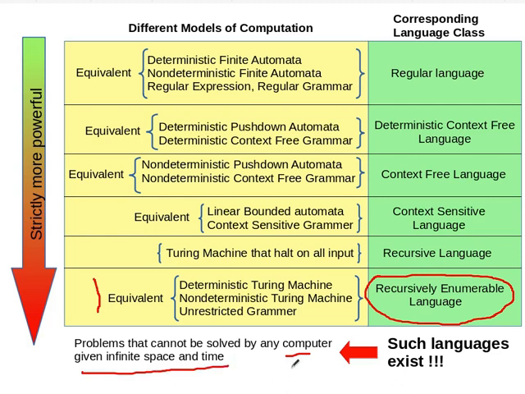So in algorithm class, perhaps you studied time complexity and space complexity. So you know that some problems take order n square, some problems take n log n. So it doesn't matter, you take n to the 100, n to the 1 million time or space, these problems cannot be solved using any computer. So such problems do exist. That is a very profound result.